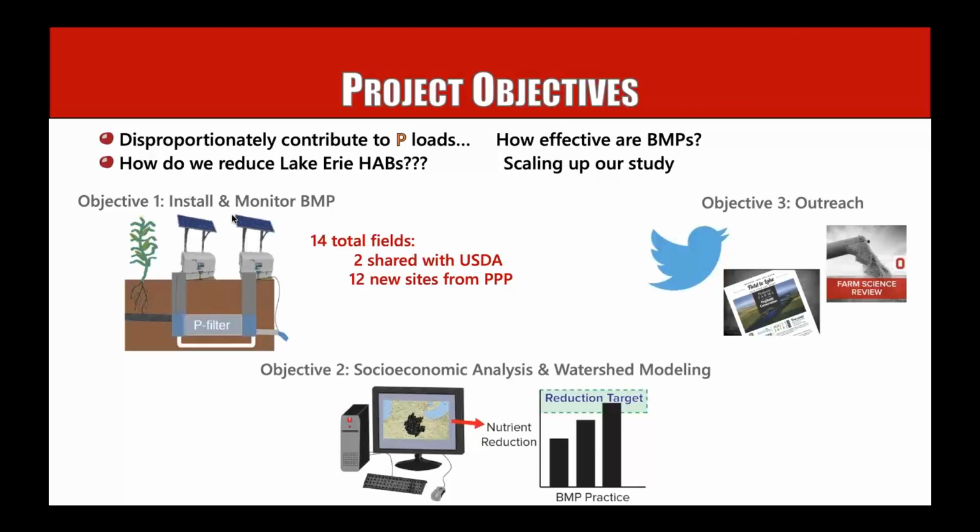The watershed modeling, we'd like to try to answer the question of, if we can focus on more elevated phosphorus fields, how much of a dent can we make in the phosphorus reaching Lake Erie? So if we could identify 50% of the elevated phosphorus fields in the Western Lake Erie Basin, get management to them, how much can we reduce phosphorus coming into Lake Erie?